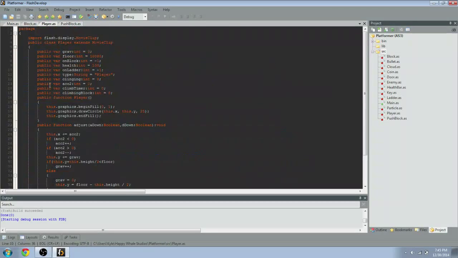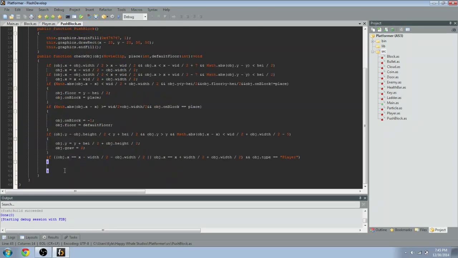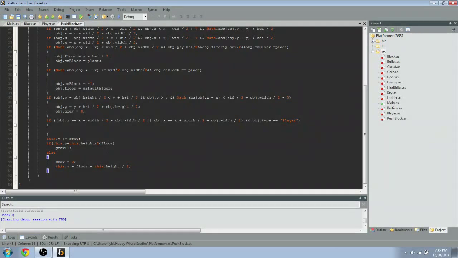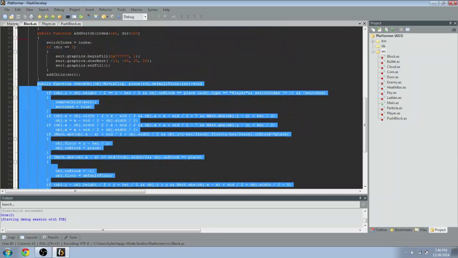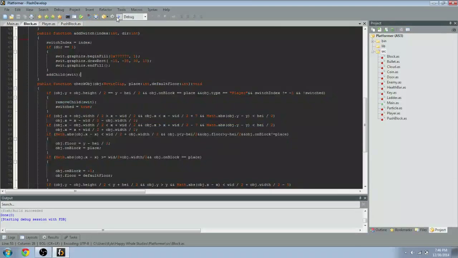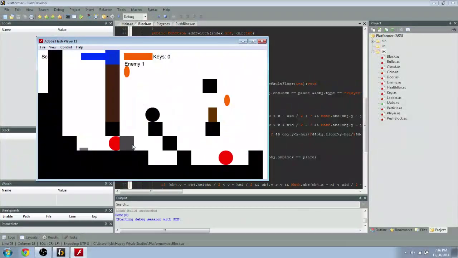So we've got that settled in, and then we also want to just take the gravity handling things off of the player and put them in our push block, because the push block isn't going to move on its own accord. It's just going to have gravity. So if there's nothing underneath it, it'll fall, but it's not going to actually move left or right if you do anything unless you're actually grabbing and pushing it. So we can go ahead and run this. And there's our push block. Doesn't really do anything yet